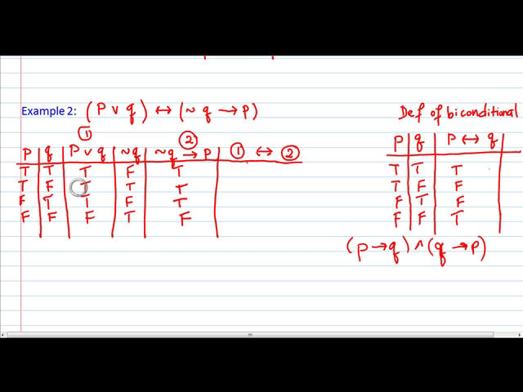Now we combine these two statements with the biconditional. So 1 if and only if 2. I'm picking these two columns here. So true if and only if true is true. We have true here and true here, also true. True if and only if true, also true. We have false if and only if false, which is also true, using the last possibility here. So here's our answer.